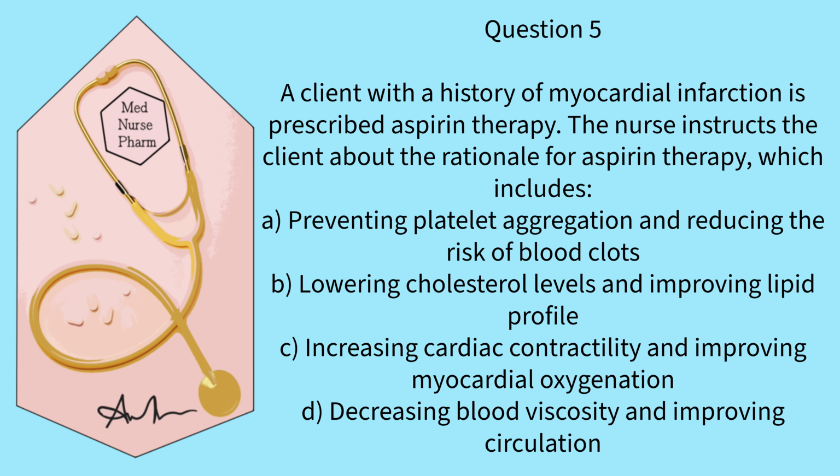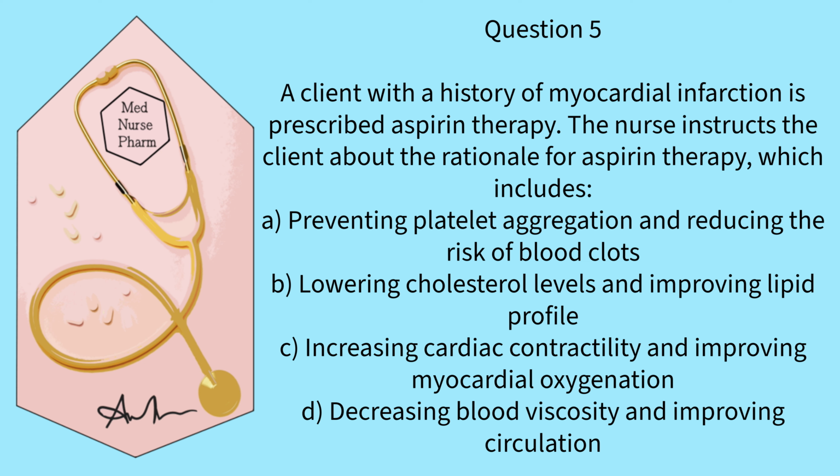Okay, guys, we're halfway there. Question 5. A client with a history of MI is prescribed aspirin therapy. The nurse instructs the client about the rationale for aspirin therapy, which includes: A, preventing platelet aggregation and reducing the risk of blood clots; B, lowering cholesterol levels and improving lipid profile; C, increasing cardiac contractility and improving myocardial oxygenation; D, decreasing blood viscosity